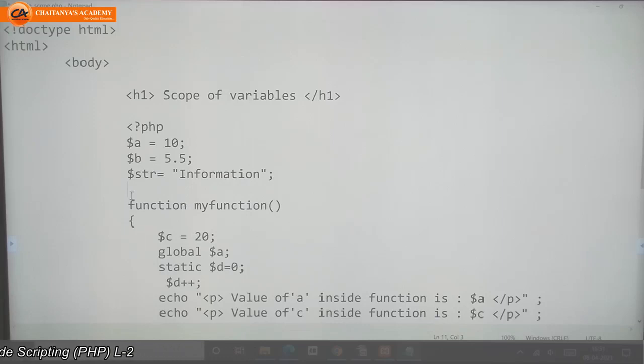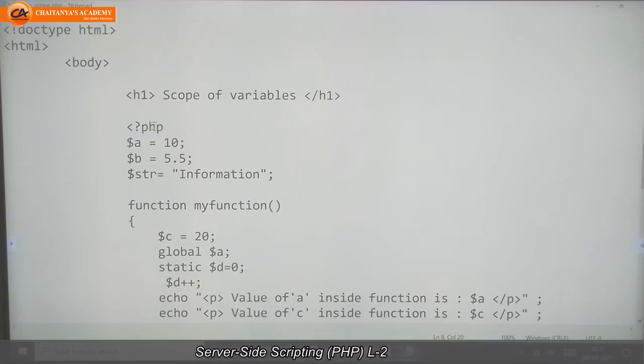Null means it has a null value, not 0, and not any specific value. If I want to declare a variable that has no 0 and no specific value, I can use the null data type. We will see it later. First we will see the scope of variables.